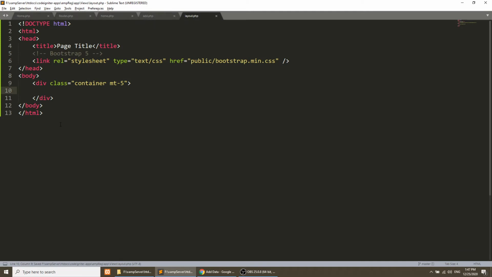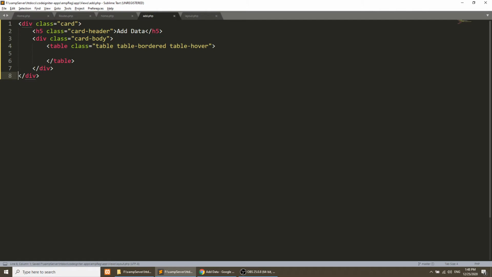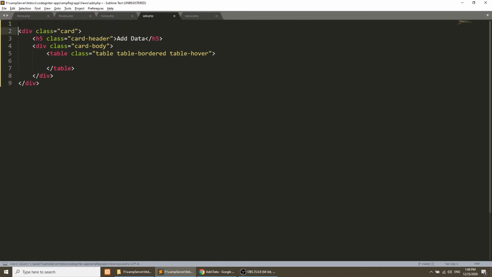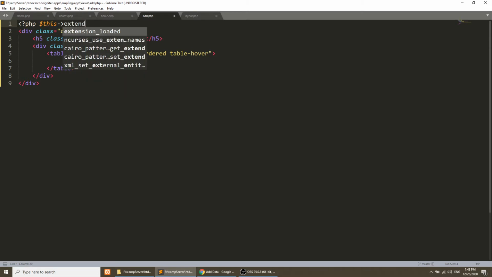In the layout page, what we will do is $this->renderSection. In this I will add content. And in the add page, I will use $this->extend.